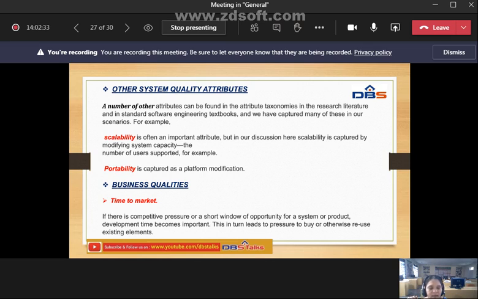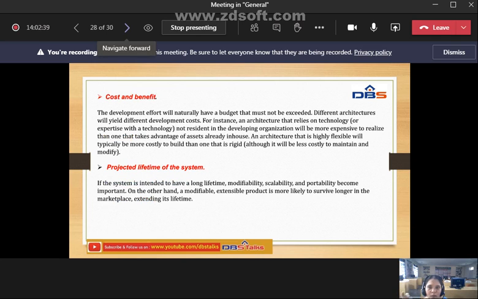And we also have business qualities. What are those? Time to market: we can deliver the products in time to market, that is a business quality. And cost and benefit. In general the users are of two types in this scenario. What are those two types? General users and sophisticated users. General users means all users considered together, and clients are the specified users. But what do users generally want? Cheap and best. When we want to purchase some item, we focus on cheap and best. According to that, we focus on cost and benefit.